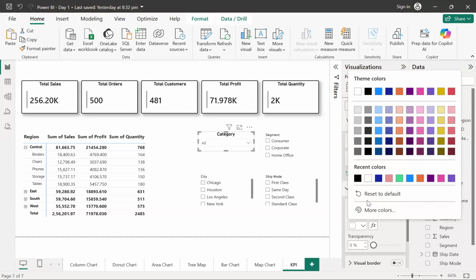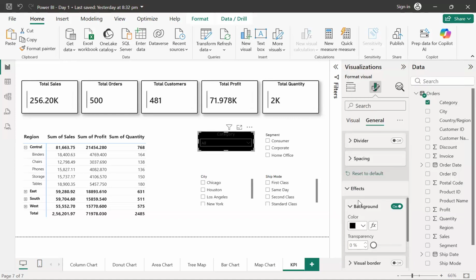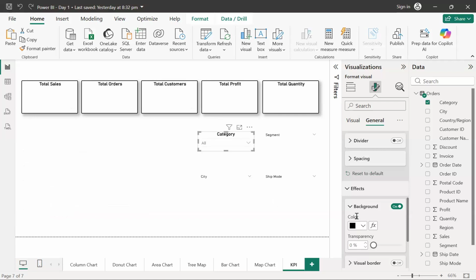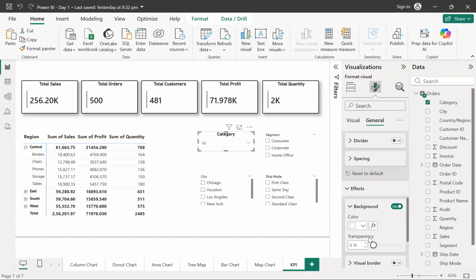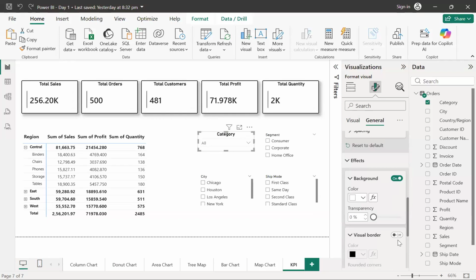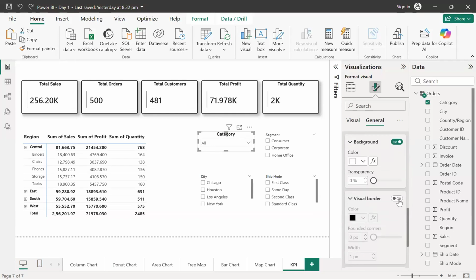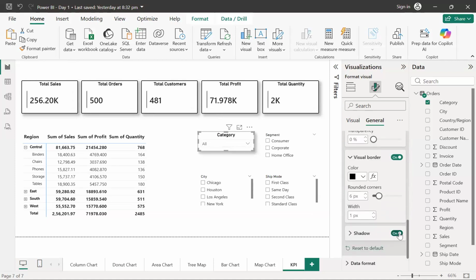So I can try to add a background, okay, not a black background. I can add the border with the black color, change the rounded corner of it and add the shadow as well.